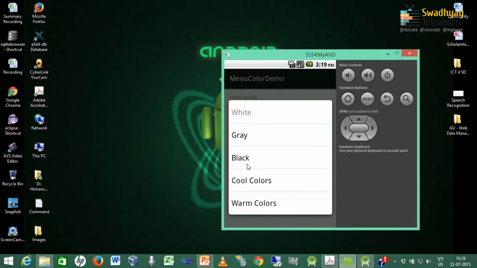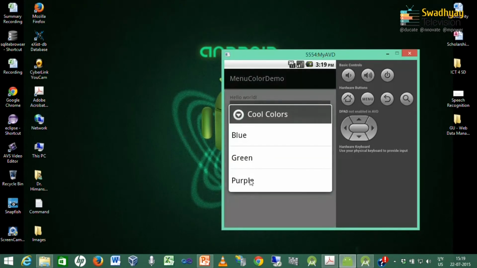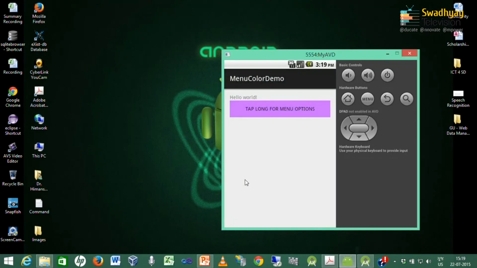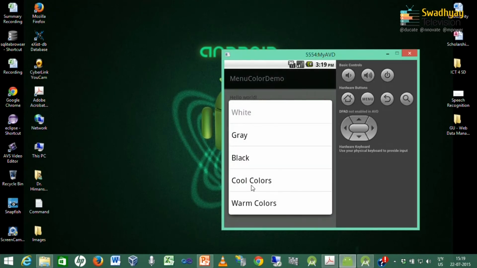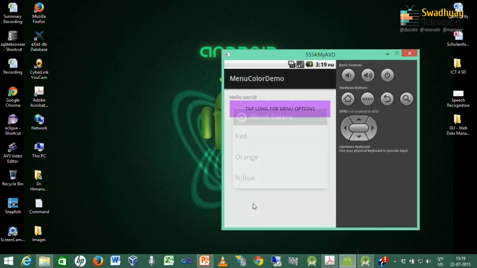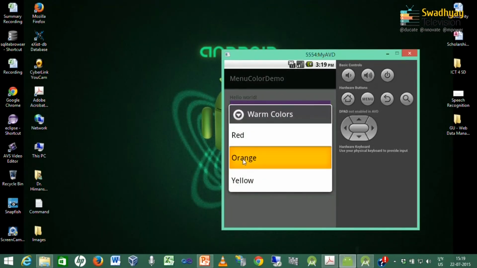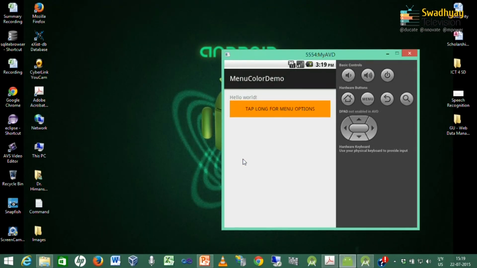Likewise inside cool colors we can change the color to purple, and inside warm color we can change the color to orange or whatever color you want to specify.